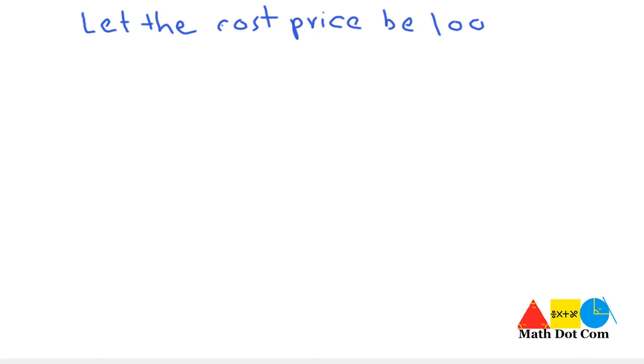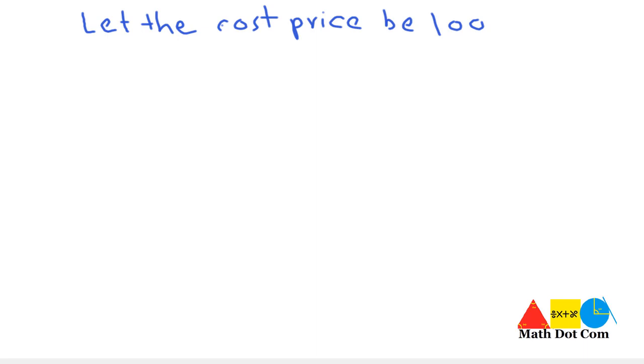Suppose, let the cost price be 100. In mathematics, most of the time we make assumptions to solve a certain kind of problem. So here we have also made an assumption. So let the cost price be 100. Now we can use it in a formula to find out the sale price,